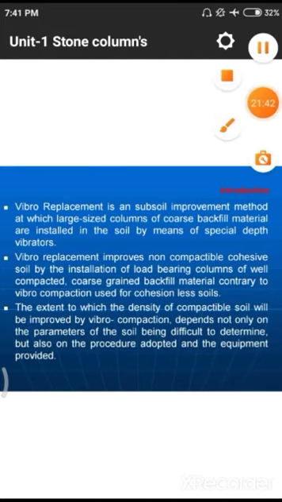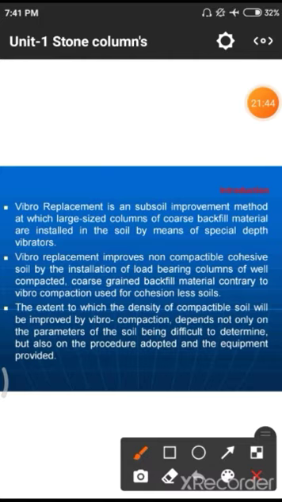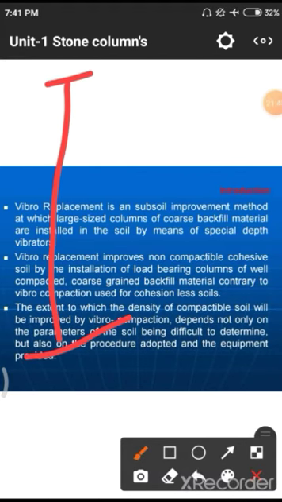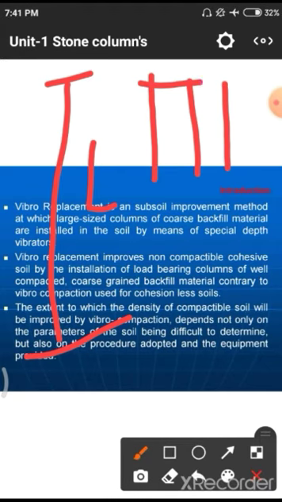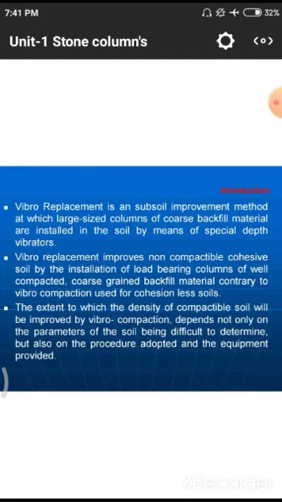I will show this with a diagrammatic representation. We have one column from the ground level to the bottom level, and this column length is so high that we need to divide the total length with 3 or more columns associated with a single one, so that the total load will be distributed to these. We need to change some fractions of these lengths.